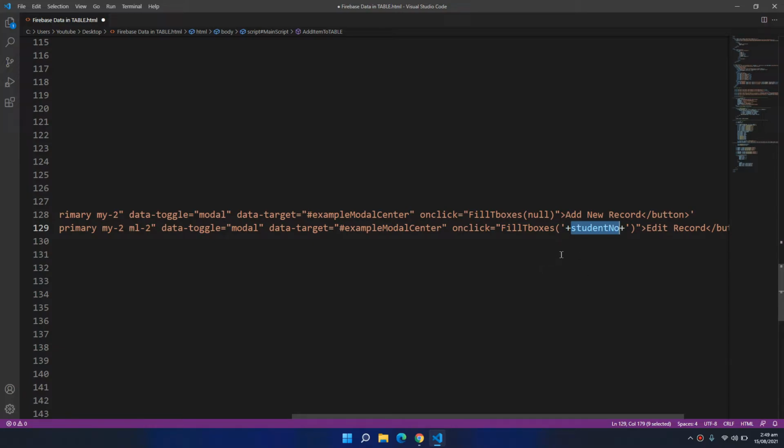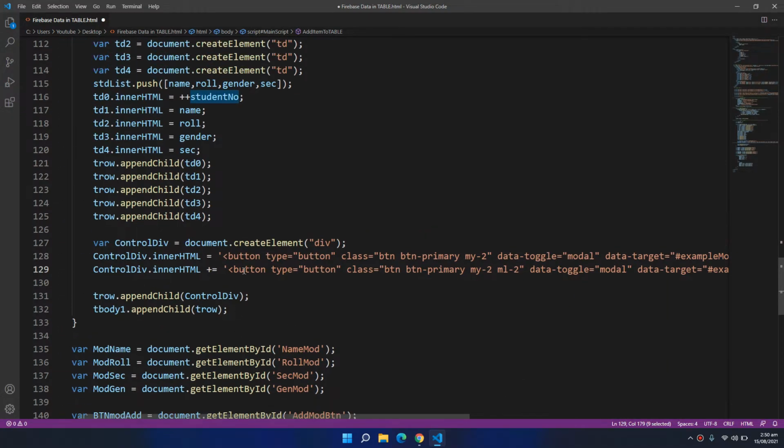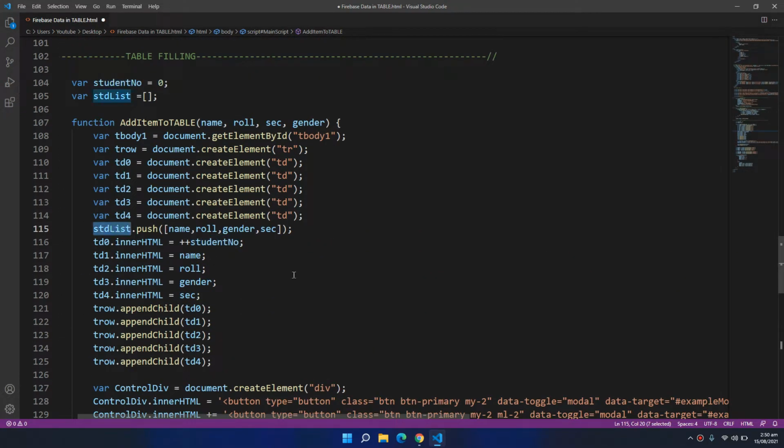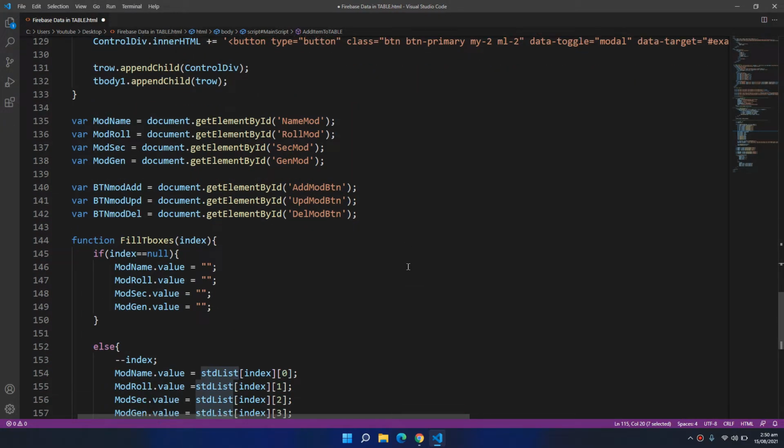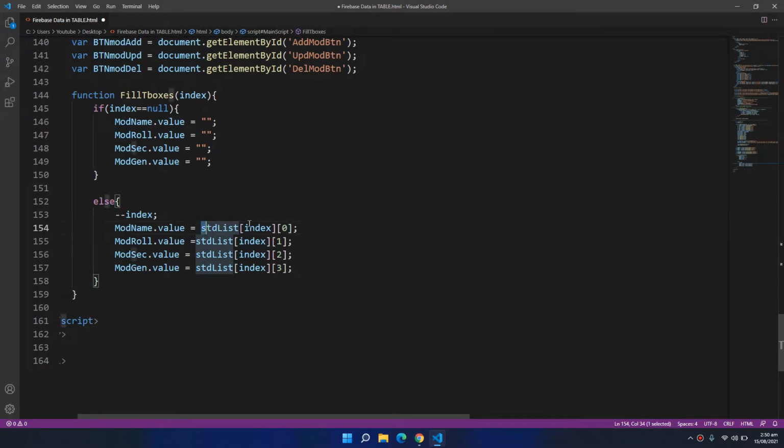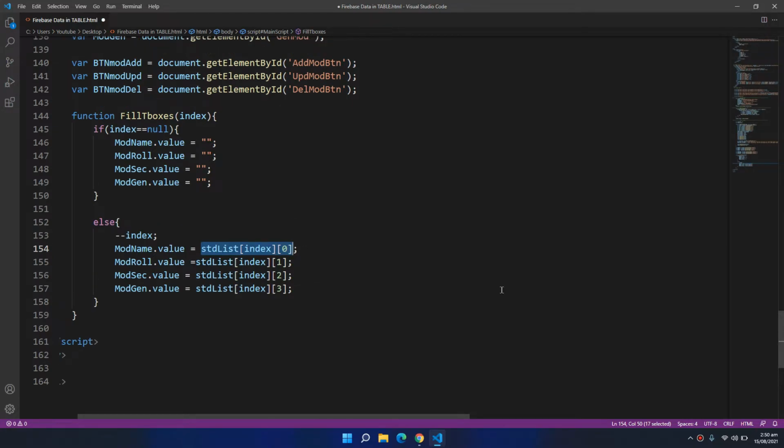So fill the text boxes according to that student's information, which is stored within this student list. Through these indexes, I am accessing the information of a specific student.